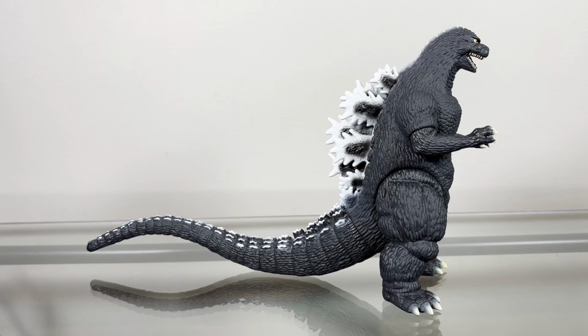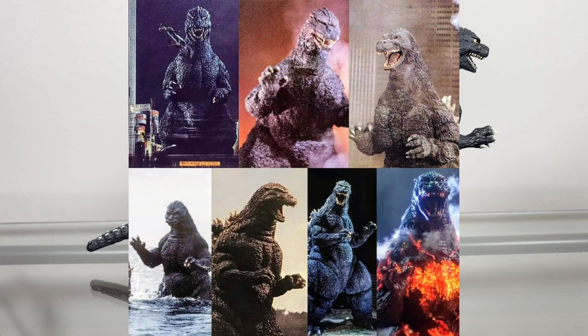And I think this figure does a great job representing Godzilla from Godzilla vs. Space Godzilla. And one thing that I just want to quickly say about the Heisei era as a whole, for the movies from Godzilla vs. Biollante to Godzilla vs. Space Godzilla, I really like how Godzilla has a mostly consistent look, but they make slight differences to the suit per film. Godzilla looks slightly different from Godzilla vs. Biollante and Godzilla vs. King Ghidorah. They look very similar, but there are some slight differences between those two suits that make them feel different,